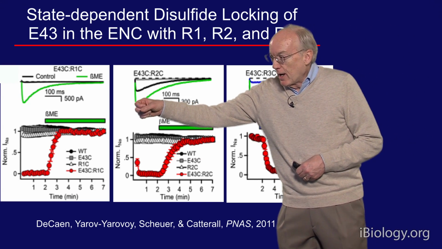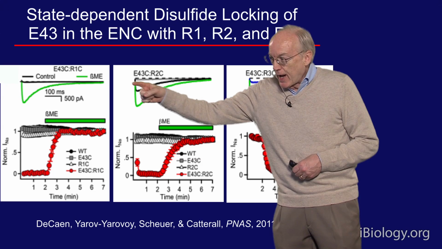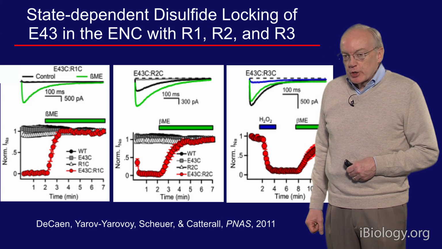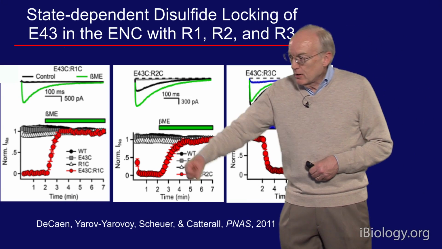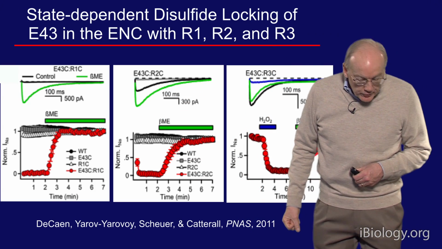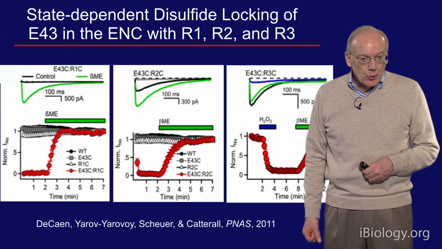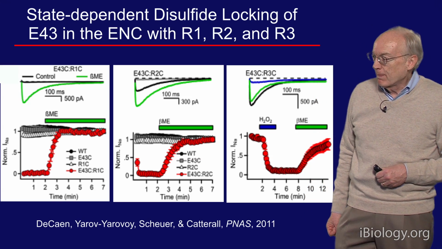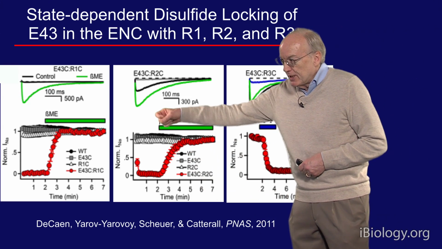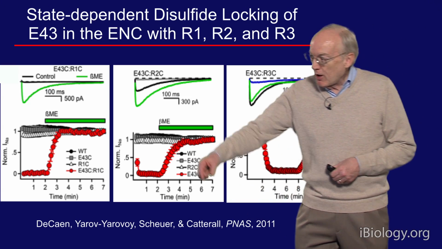So here, with the R1 gating charge mutated to cysteine, and a charge in the negative cluster, E43, mutated to cysteine, when we try to measure the sodium current in the resting state of the cells, we see no sodium current, as illustrated by the black trace that's labeled control. So those 2 cysteines are forming a disulfide bond and locking up the voltage sensor in the resting state. So we see no sodium current when we start the experiment. But we can reduce the disulfide bond with a sulfhydryl reagent, beta-mercaptoethanol or beta-ME on these slides. As we do that, the sodium channel wakes up and you get a sodium current, as shown by the green